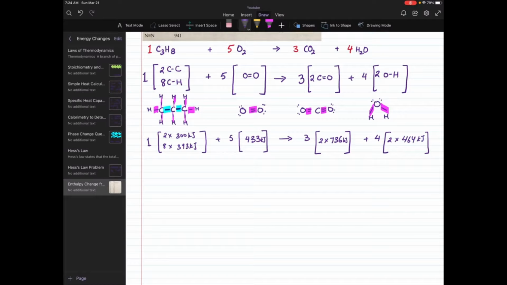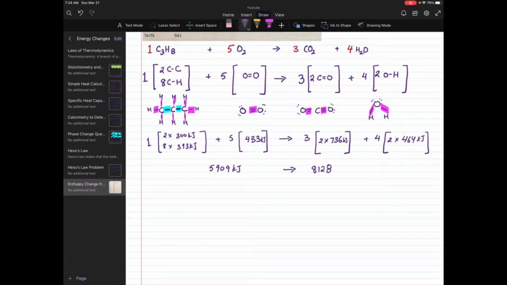That gives me 5909 kilojoules. And on the right hand side, again, I just have to put all the numbers in the calculator. 3 times 2 times 736, plus 4 times 2 times 464. That gives me 8128. Okay. Now, what we have to do is figure out the bonds broken and the bonds